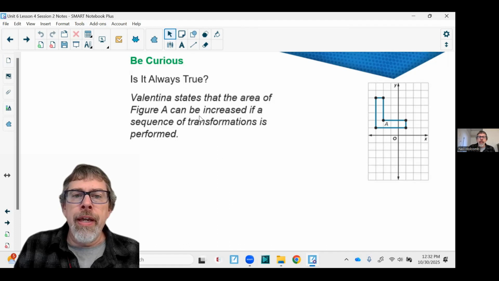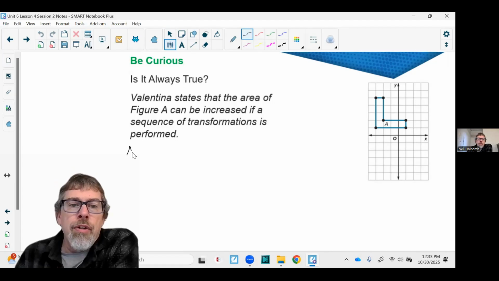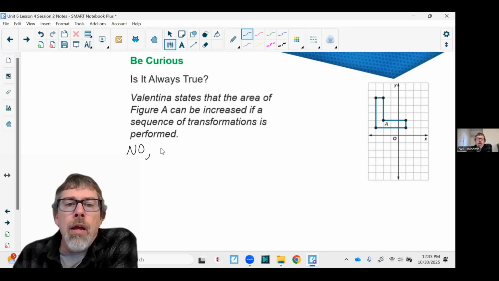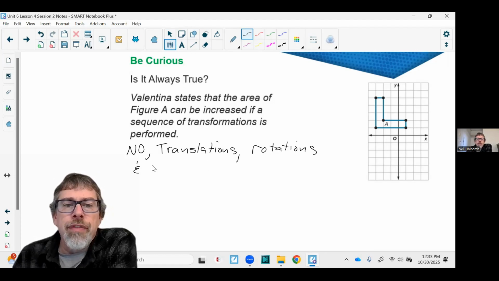Okay, the area of A cannot be increased by a sequence of transformations unless it's a transformation we haven't done yet, and I haven't gotten there yet. That's next lesson. So I would say no. Transformations, or translations, rotations, and reflections